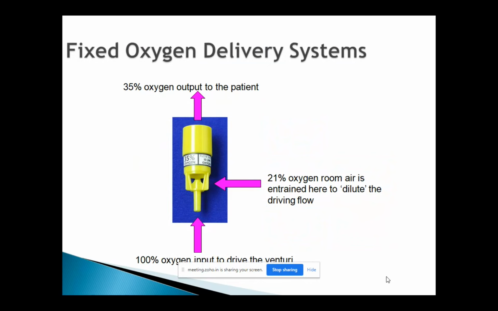So according to the manufacturer instruction, it's very clearly written, you need to set the valve to 10 liters flow. Once you give the 10 liters of oxygen at the bottom of the valve, the room air, 21%, enters the holes on the side of the valve and dilutes that 100% oxygen to 35% oxygen when it comes out. That's the reason the holes on the side of every valve are different, to provide the exact oxygen concentration. So you may say, that may not be true. How is that even possible?